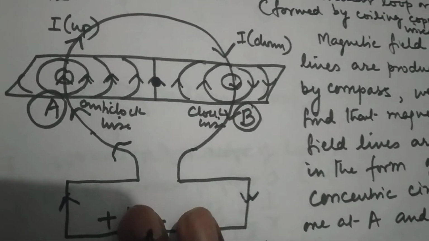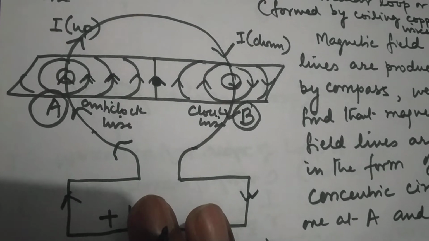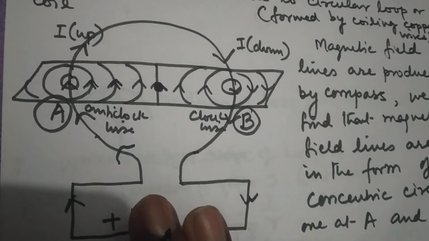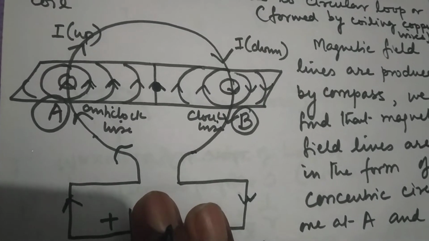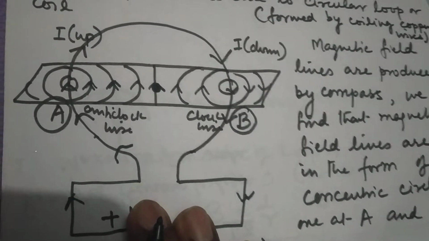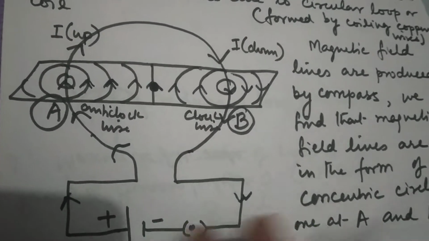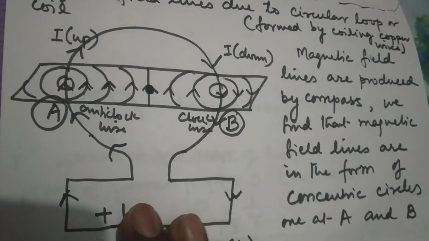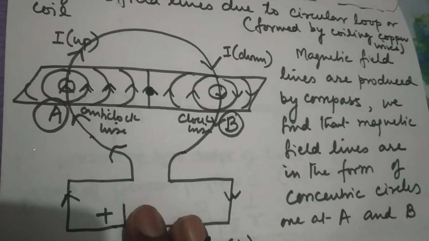Practice this diagram well, because these diagrams are commonly asked in the exam, and frequently it is required to make the field lines due to the circular loop and factors. So factors we'll be discussing after some time, but please understand this thing, see the video 2 or 3 times and see how the rules have been applied.